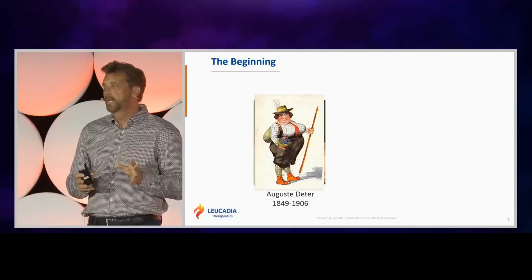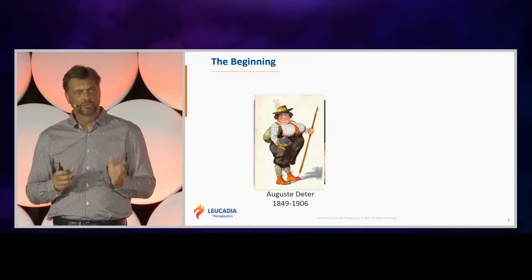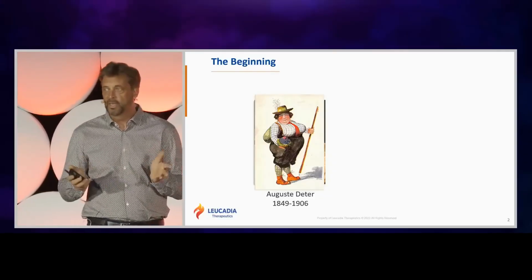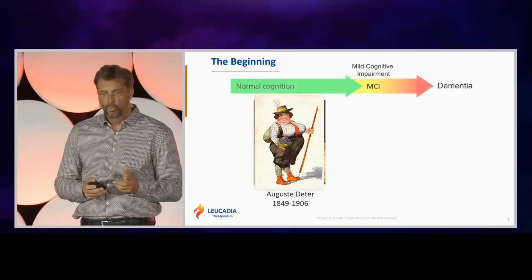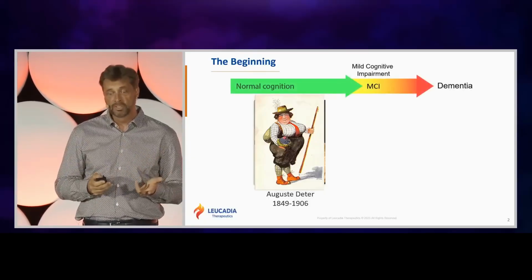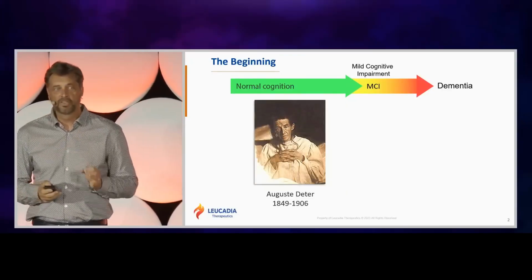So let's start at the beginning, around 1900, with a German woman, Auguste Deter, who began acting strangely. She was confused, had trouble remembering things, and frequently got lost. These days, we'd call that mild cognitive impairment. She became worse, paranoid that someone was trying to kill her, so they took her to the Frankfurt Asylum,